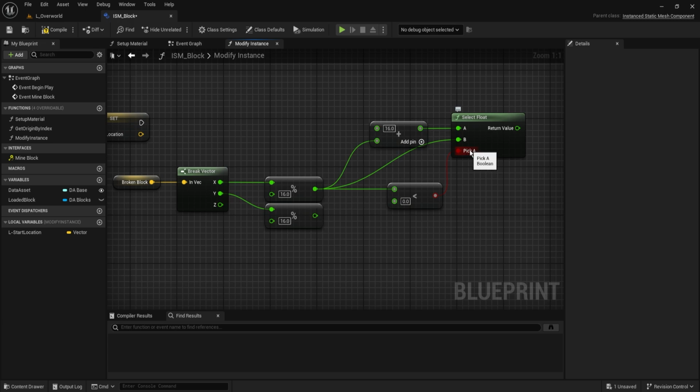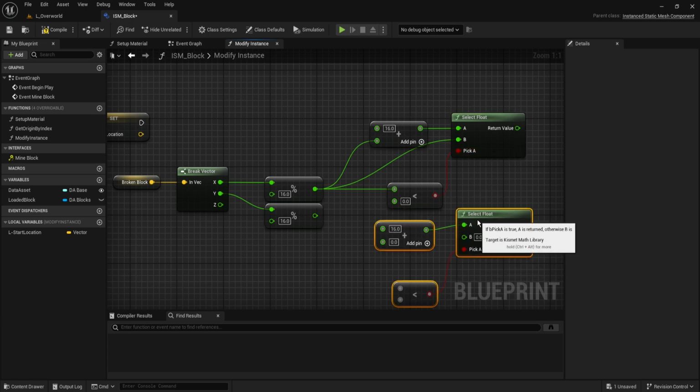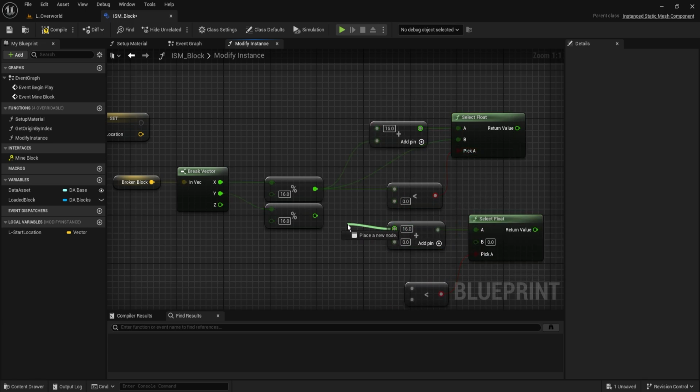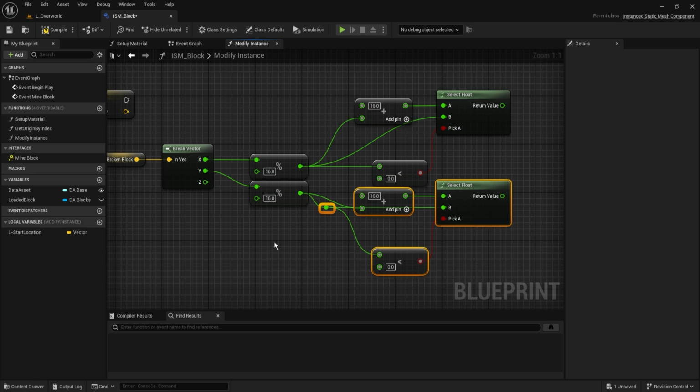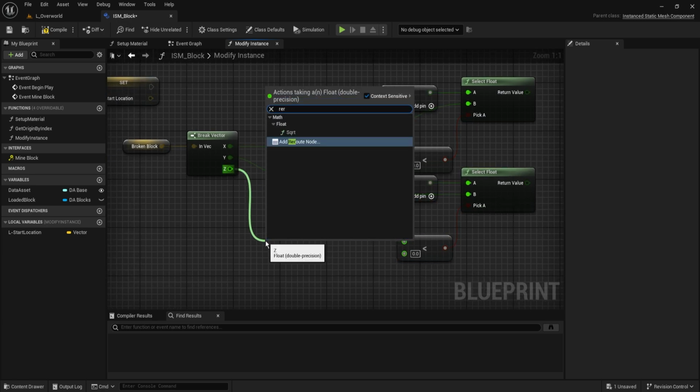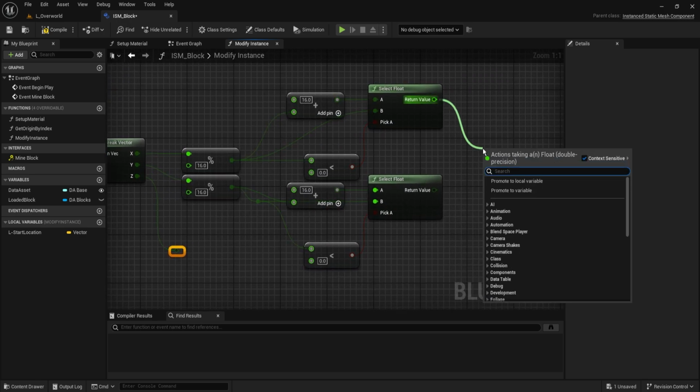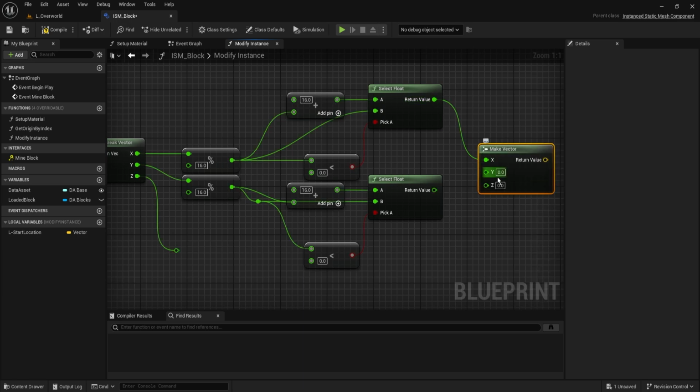Now we need to do the same thing, obviously, for the other one. So for our Y, we just grab this and this, and if not, we can plug it in right here. There we go. Now for Z, we don't need to bother with this because height doesn't have a chunk, so we just reroute this and we can say make vector, plug these all in, line that up, and then